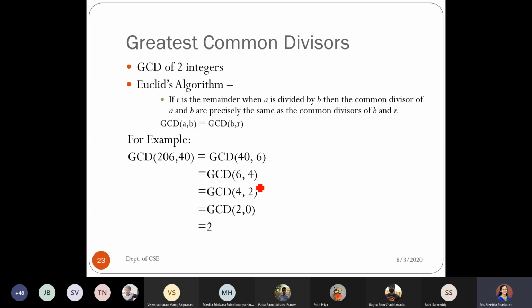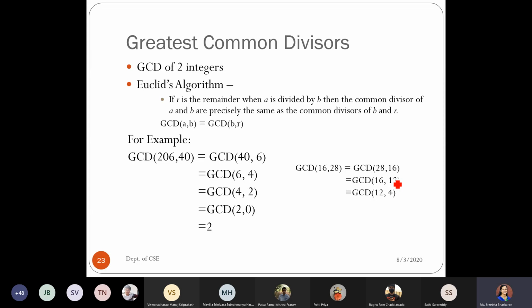Can you define the procedure based on this? Let me take one more example, GCD of 16 with 28. When you are dividing 16 by 28, your remainder will be 16 itself. So your A becomes the B value, which is 28, and B is the remainder of 16 with 28, which is 16 itself. Since it is not 0, you iterate again. Now A is 28 and B is 28 divided by 16, which gives 12.